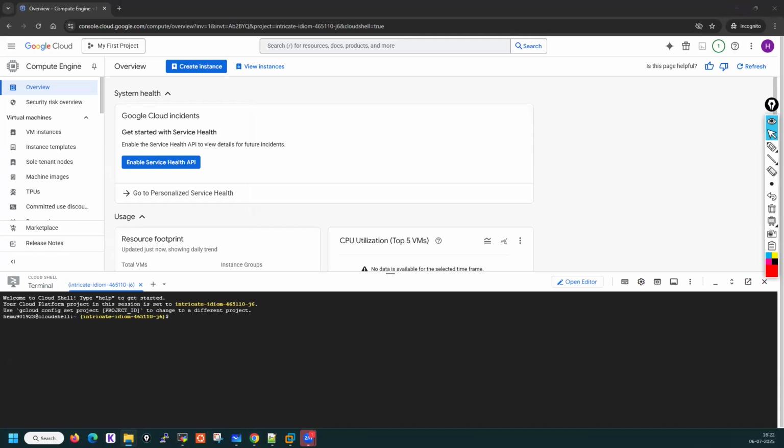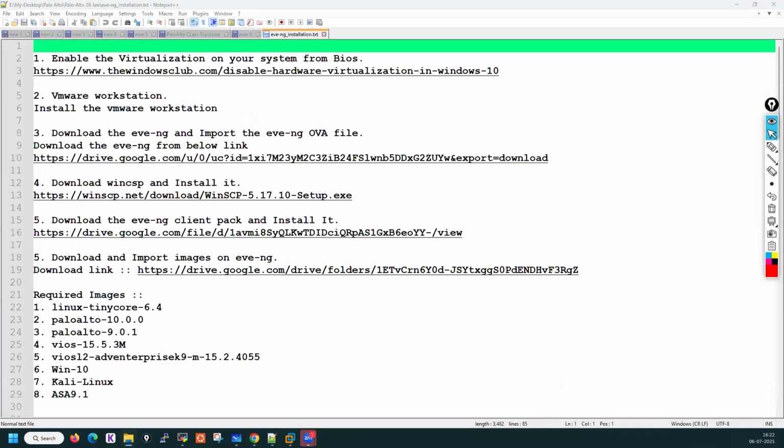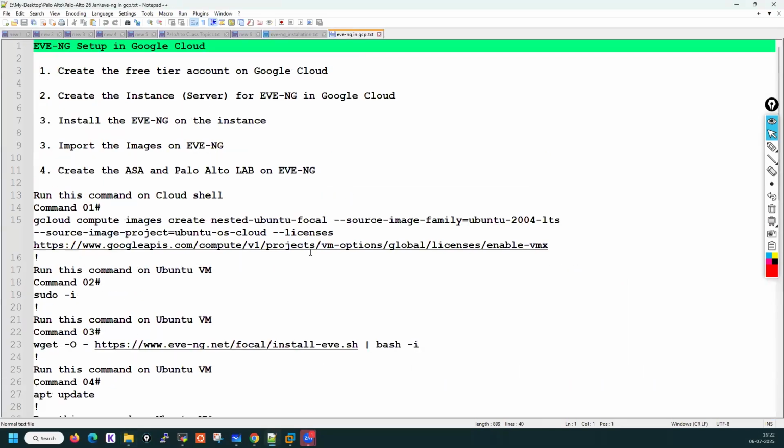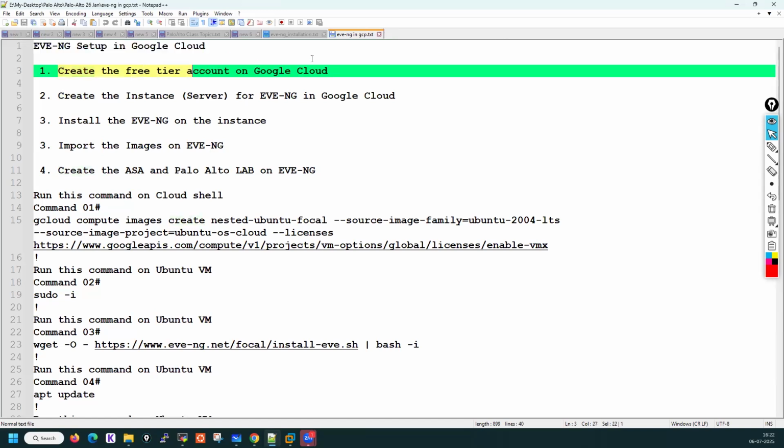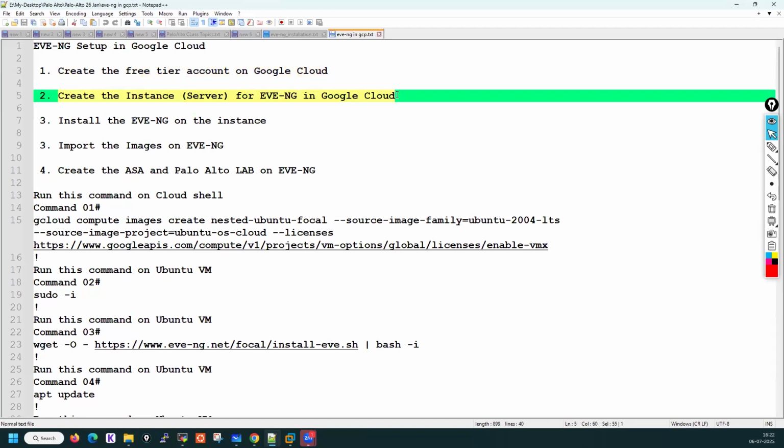So those two files you will get today. This document I'll share today. Create the free tier account, which is done. Create an instance. Now this is what we are doing right now. So what we have to do,